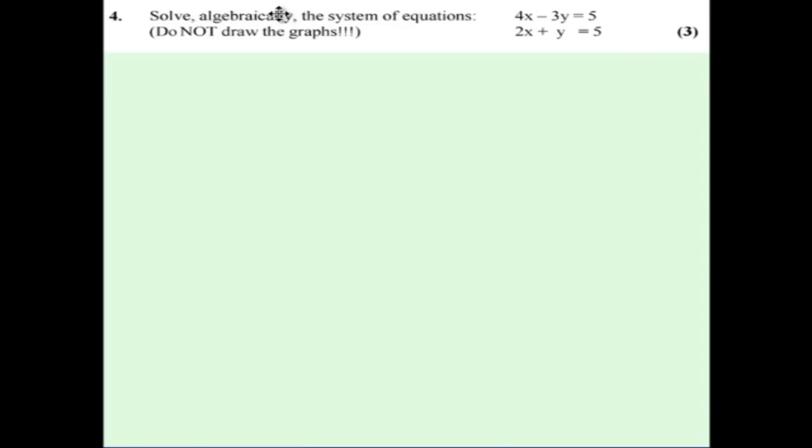This time we're asked to solve algebraically the system of equations. So we don't draw the graphs on this occasion. So our 2 equations are 4x minus 3y equals 5 and 2x plus y equals 5. Now what we try to do is eliminate either the x's or the y's. If we leave the first equation as it is,